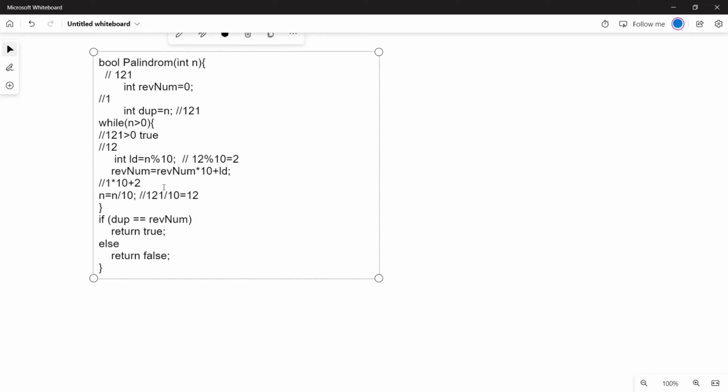So 1 into 10 plus 2 is equal to 12. So reverse num is now 12. We update the value of reverse num and again trim down the value. 12 divided by 10 we get simply 1.